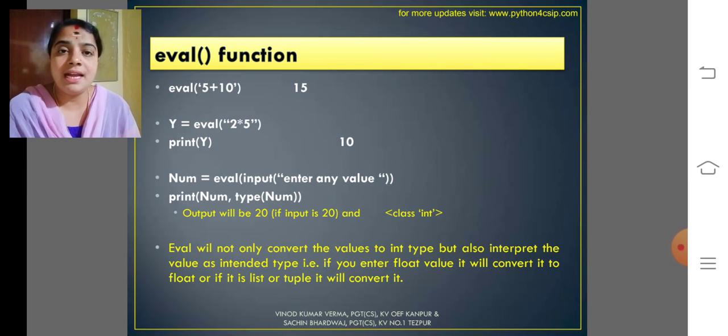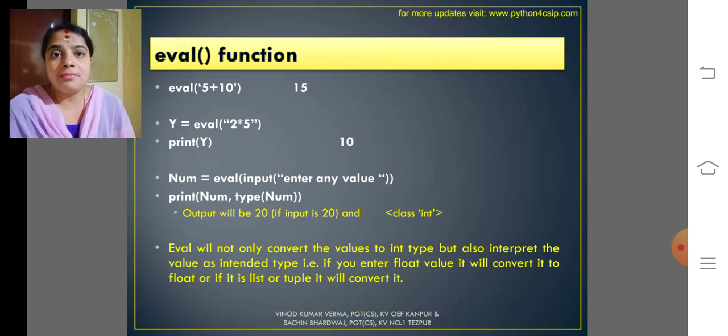Look at the values I had given. If I give the values like 1, 5 as a list element as per the output, then it will create a list of values. My dear children, this is the second function we need to study in the list chapter, that is the eval